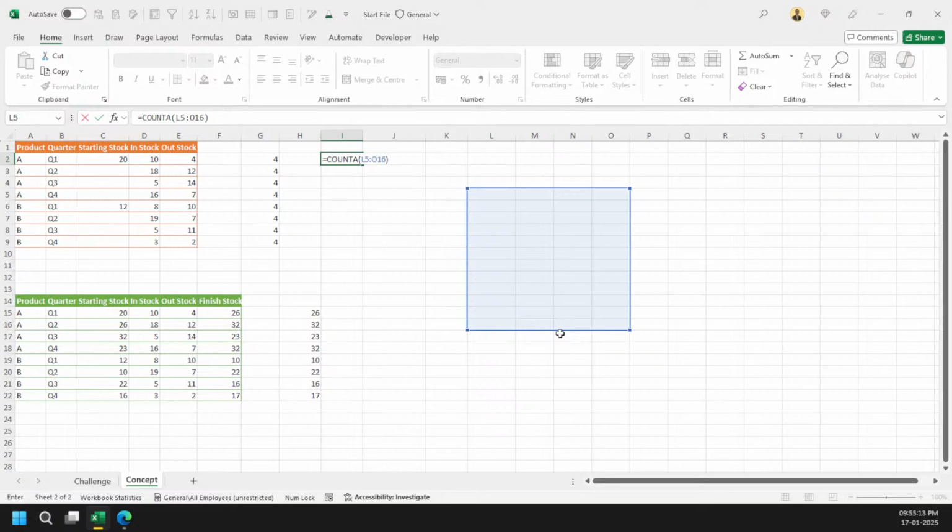And I should get 0 here, right? So I am getting 0. But the moment I add plus here, this whole range is converted into an array format. The moment I do this, you can see that now I have got 12 counts here. So that's the thing happening here. Got it? So I have to use the plus sign.